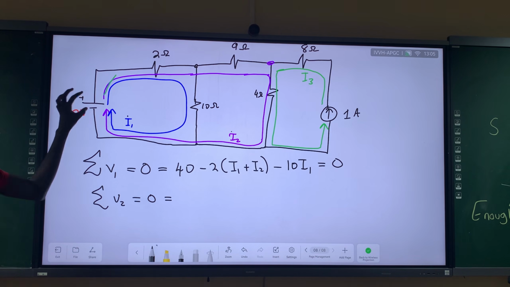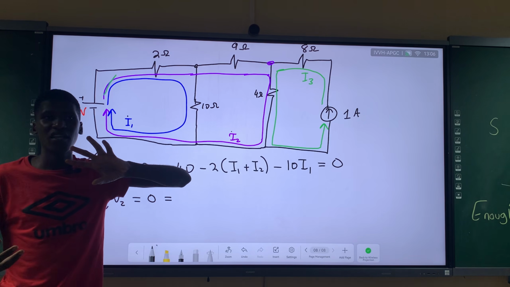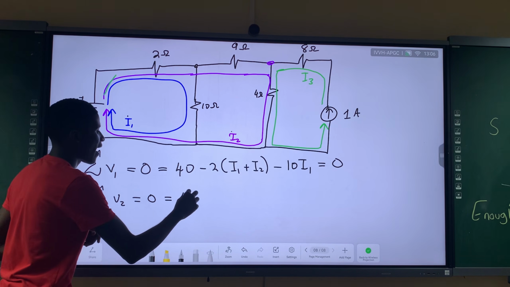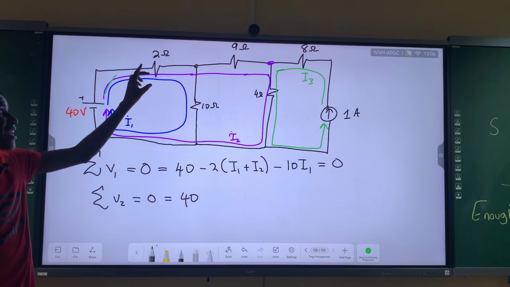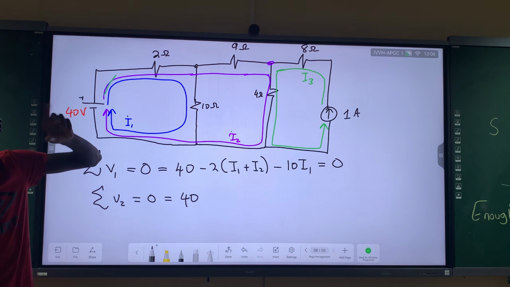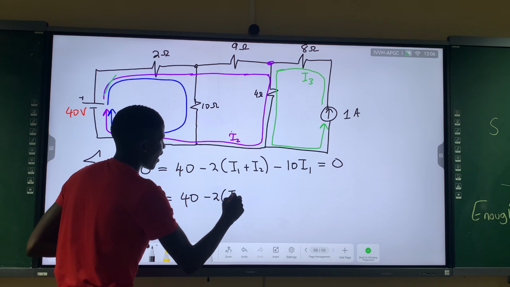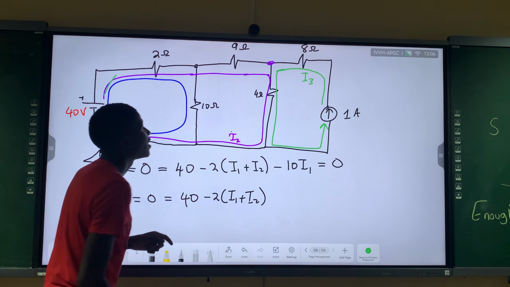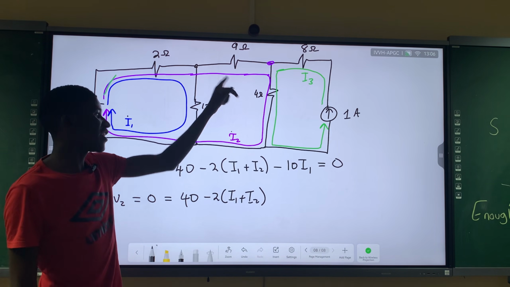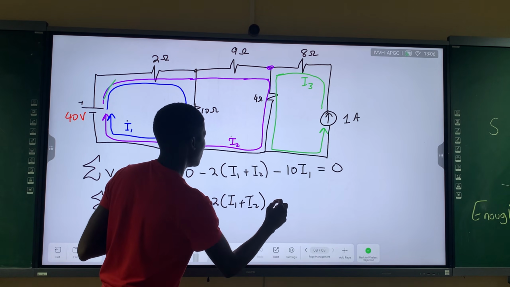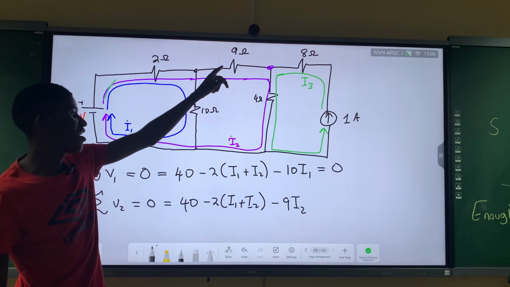So we've got 1, 2, 3, 4 components that have to do with voltage. Let's start with the voltage source, which is 40 V. The 2 ohms resistor is still that resistor and is receiving 2 loop currents, I1 and I2. The 9 ohms resistor receives I2 only, right? So this is I2, and the maths is balancing there. This is also I2.